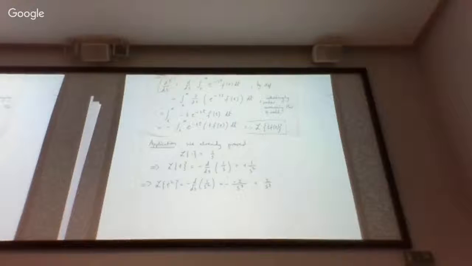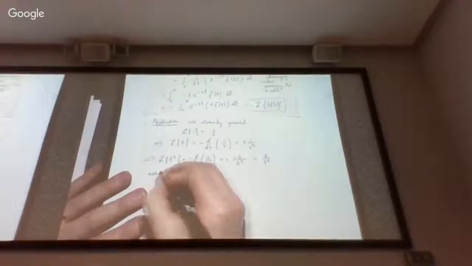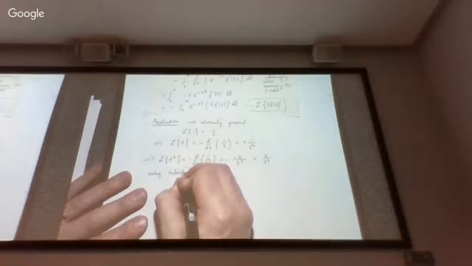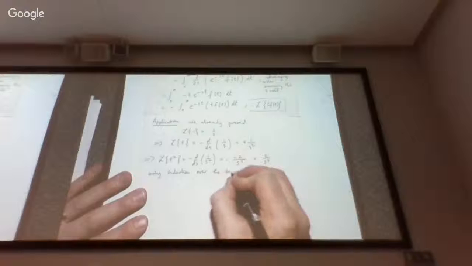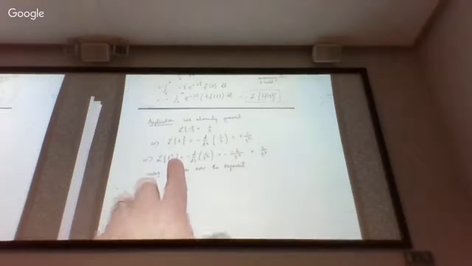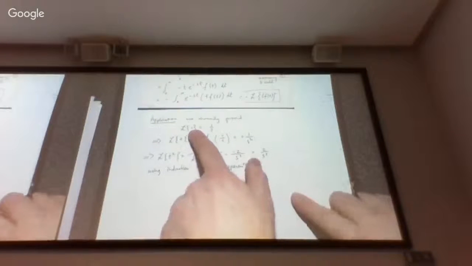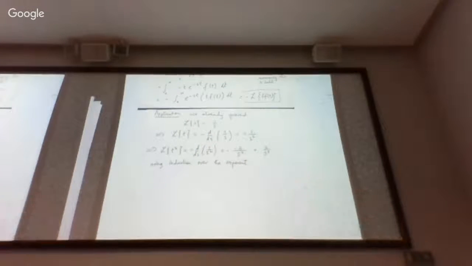If you keep going by induction, using induction over the exponent, t to the power 0, t to the power 1, t to the power 2, you can prove